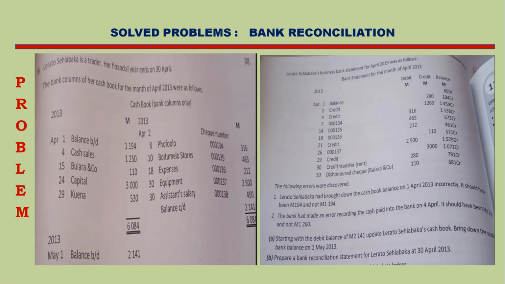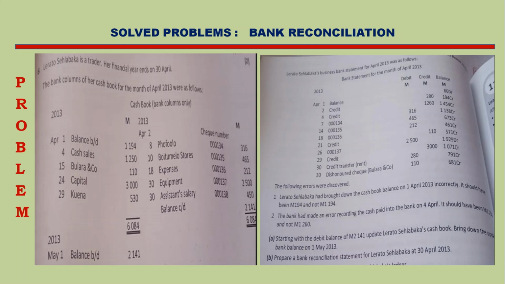The following errors were discovered. 1. Lirato Shalabaka had brought down the cash book balance on 1st April 2013 incorrectly. It should have been M194 and not 1194. 2. The bank had made an error recording the cash paid into the bank on 4th April. It should have been M1250 and not